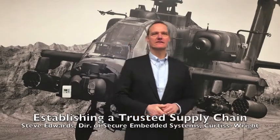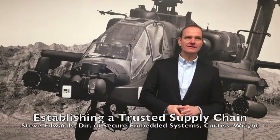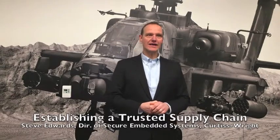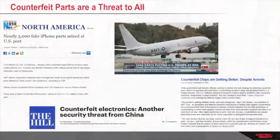Counterfeit parts. These words keep our government, system integrators, and sub-tier vendors awake at night. We've all seen the headlines about sensitive electronic equipment failing due to counterfeit components entering the supply chain, or about electronic bugs being added to equipment. How do we ensure that our products do not have counterfeit parts and will work reliably over the deployed lifecycle